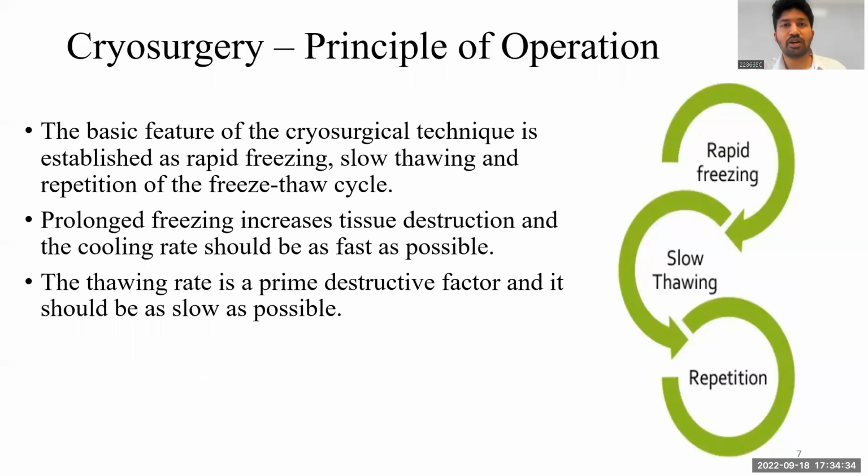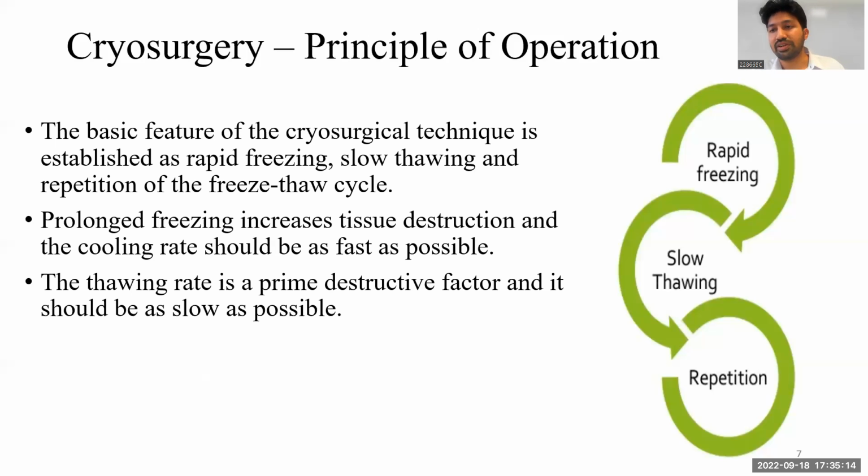If you talk about the physical principle of operation in cryosurgery, simply there's rapid freezing and slow thawing, and then the repetition. Basically there are 5 control factors in cryosurgery: the cooling rate, temperature, thawing rate, the freeze duration, and the repetitive freeze-thaw cycle. The freezing actually needs to happen at minus 50 degrees Celsius or below, and the thawing rate is very important because it is the prime destructive factor, and it should be as slow as possible. And then we have to keep continuing this repetitive freeze-thaw cycle